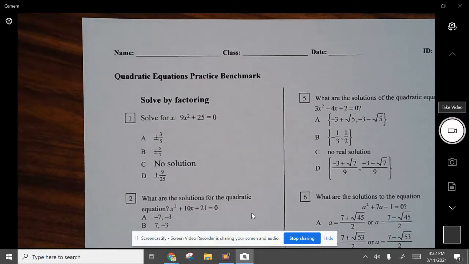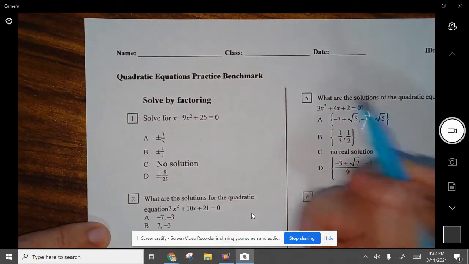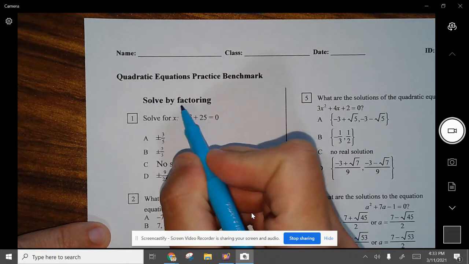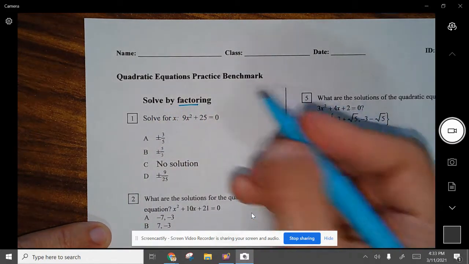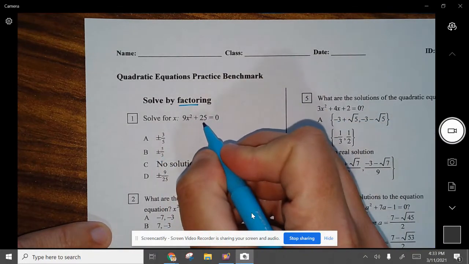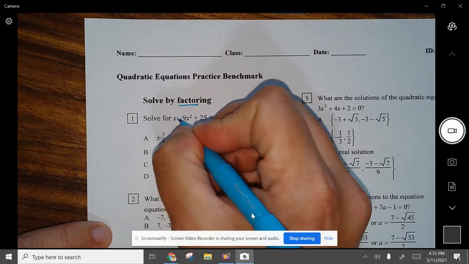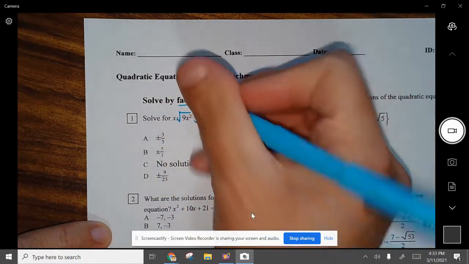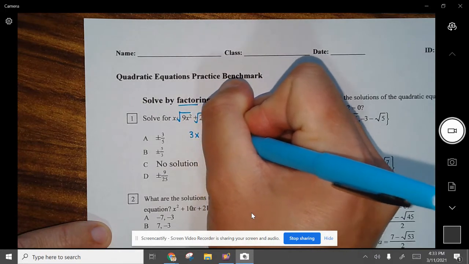Okay, so let's go ahead and talk about these questions on your practice benchmark. So we're going to solve by factoring. It says solve first, then by factoring, right? Or solve by factoring. So if we're going to factor first, then solve. Sorry, I got a little confused there. But 9 is a perfect square, so is 25. So when we factor, we are allowed to go ahead and square root, factor out the square. So we're going to have 3x plus 5